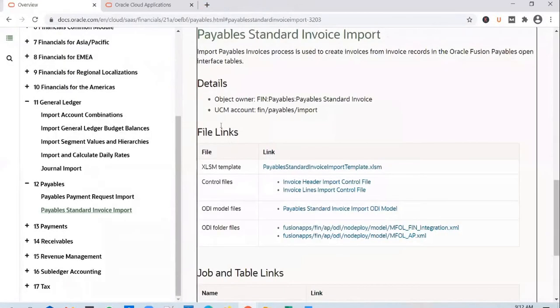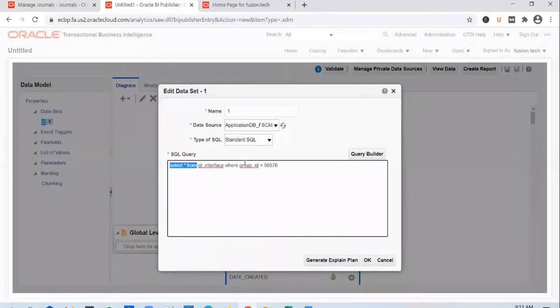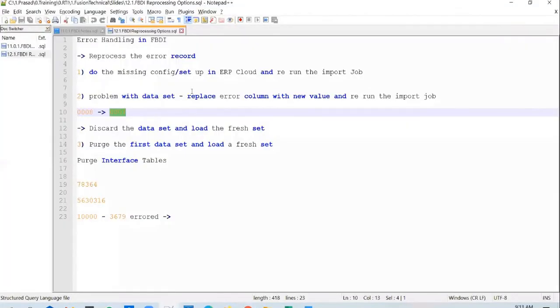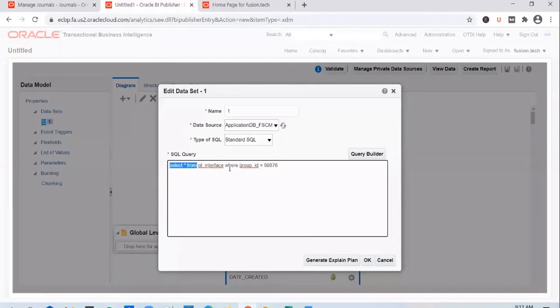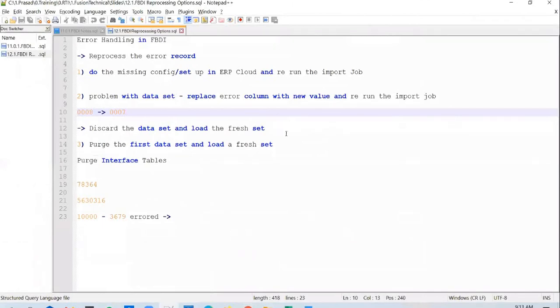But I'm in a situation now wherein I need to update the data in the interface tables. I need to change the account number from say 0008 to 0007. So what should I do in that case? I cannot run an update on the GL interface table here. So in such case, Oracle has given an Excel option to download the data from the interface table and correct it. You have a spreadsheet option available, which again works with the help of the spreadsheet data loader, which we are going to see later on.